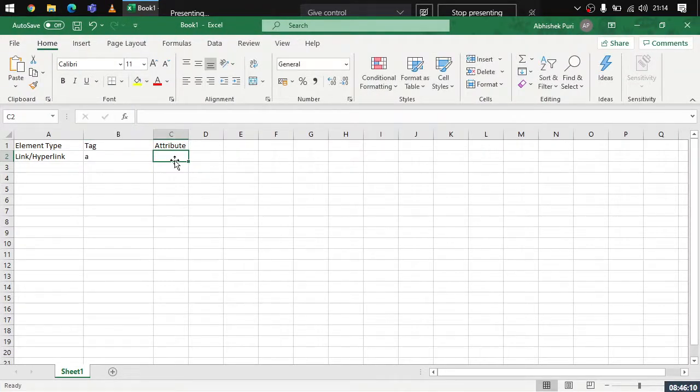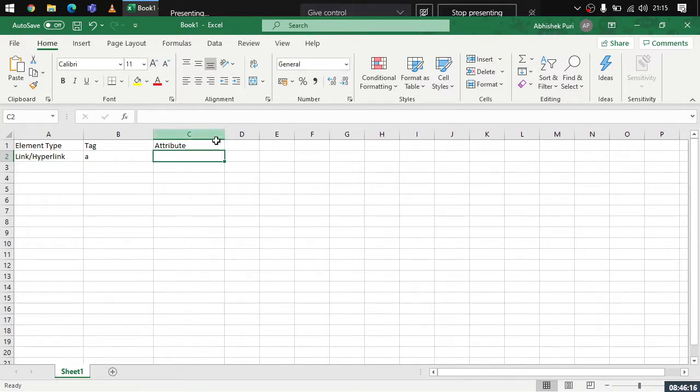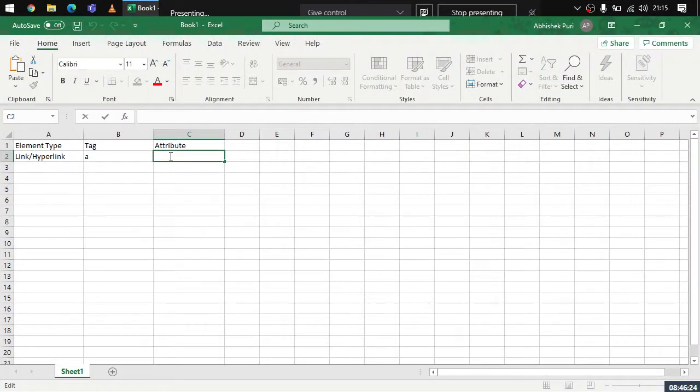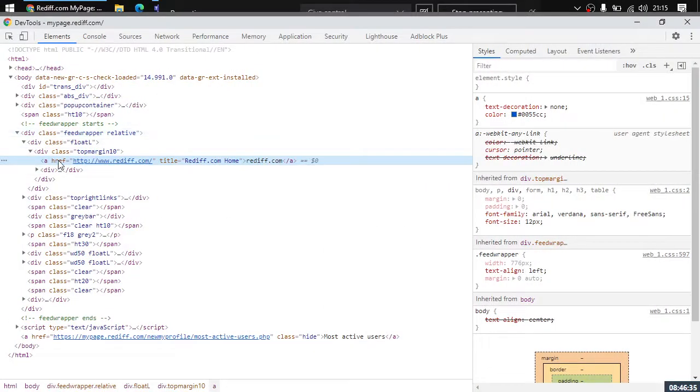What is the necessary, or you can say what is the default attribute that you would need to have, right? So here the thing is that there are some attributes that are mandatory, and that mandatory attribute here is href. So whenever there is an anchor tag, you would be finding an attribute that is href. What is href actually? It carries information about the hyperlink, that where we have to go, right? If this is missing, we won't be able to go to any other page. We won't be able to open another link. So this needs to be provided at any cost whenever we have a link, right?